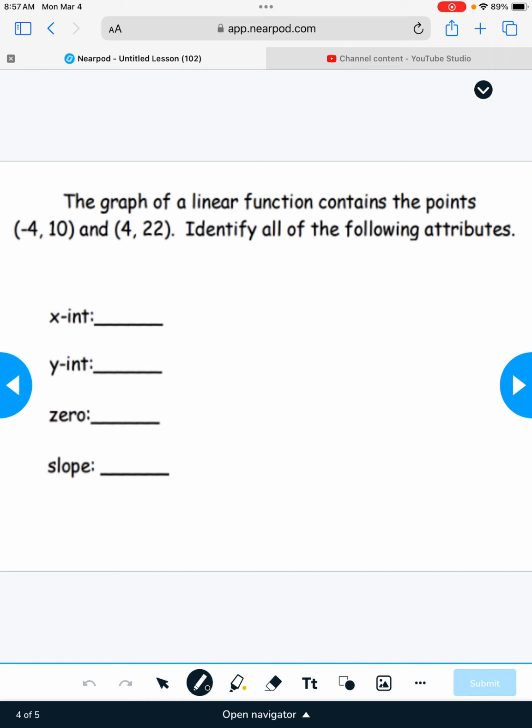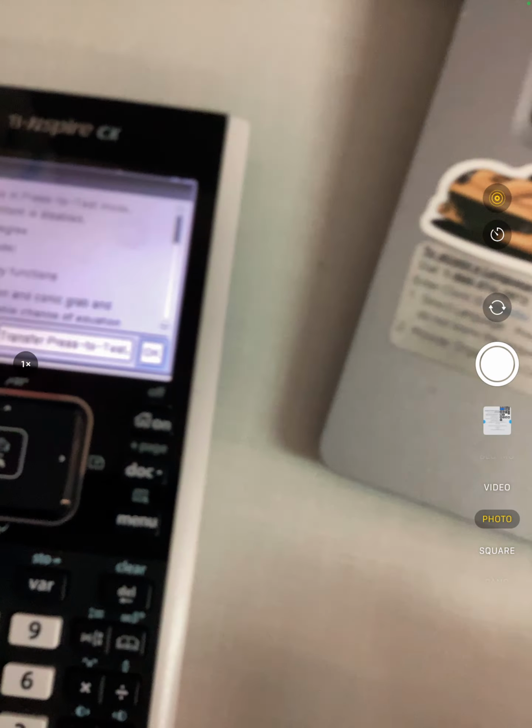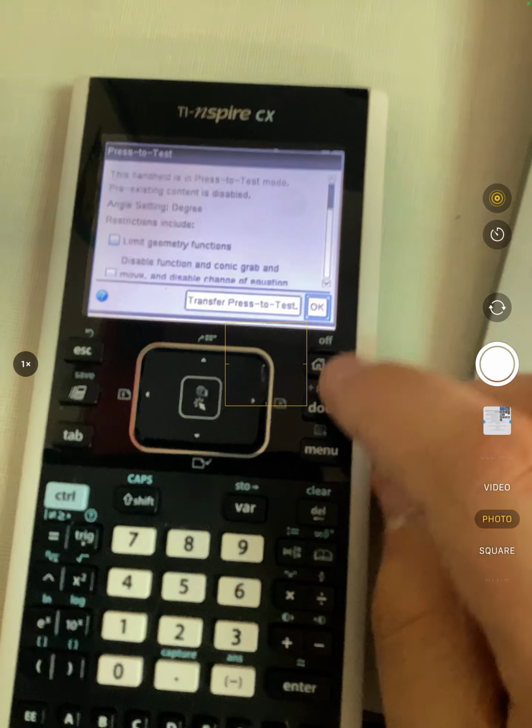The graph of a linear function contains the points negative 4, 10, and 4, 22. So let's go ahead and find the equation of that graph. I know it doesn't ask for the equation, but we have to find the equation in order to find the x-intercept and the slope. So to do that, we are actually going to run to our calculator,